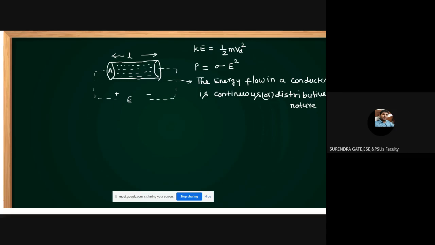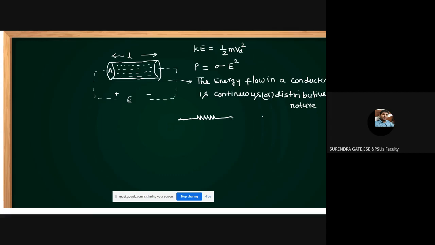Now, why is there this energy loss? Because there is some opposition. This opposition to the flow of current is actually approximated using three lumped parameters. The opposition to the flow of energy, the opposition causing the loss of energy, is represented by three lumped parameters, not in distributive form. It is approximated as lumped parameters.